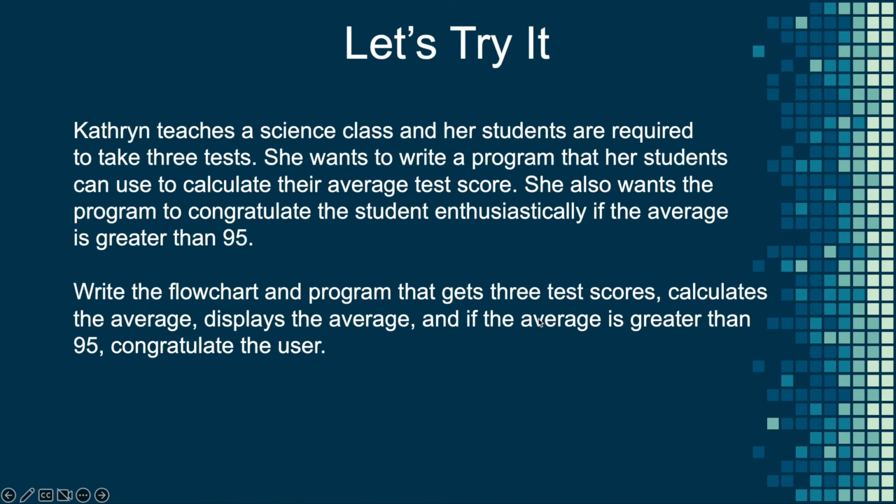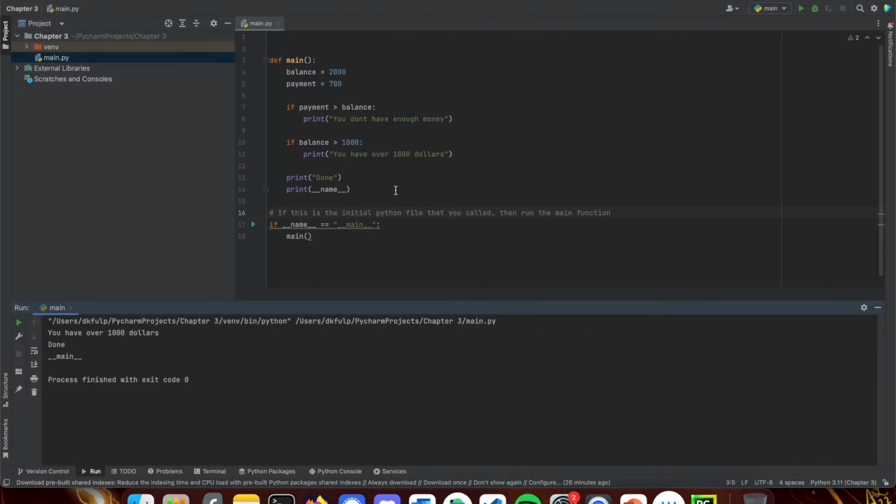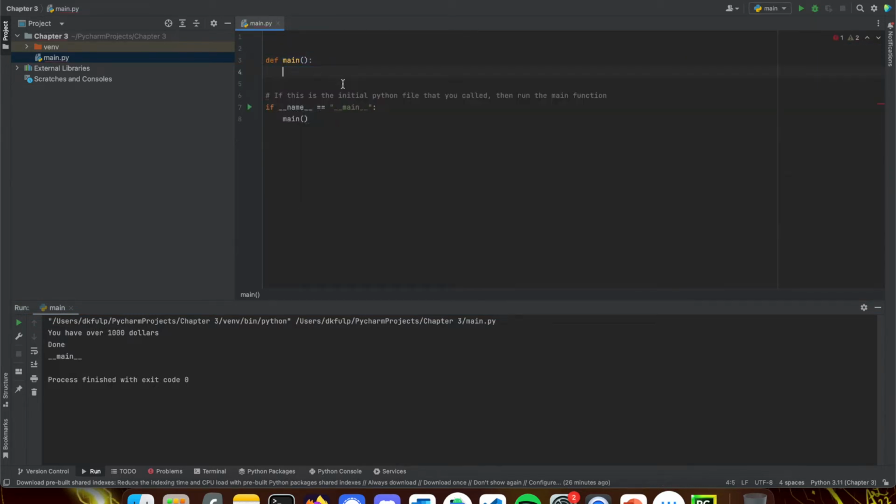All right, so now if we want to actually go ahead and write the code for this, we come back over here to our actual Python editor. We can go ahead and get rid of everything here. We don't really need this. So what we're going to do is first input 3 test scores. That's the first thing we need to do. So we'll say